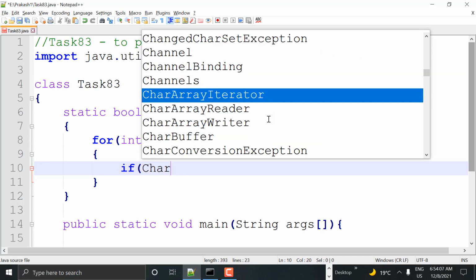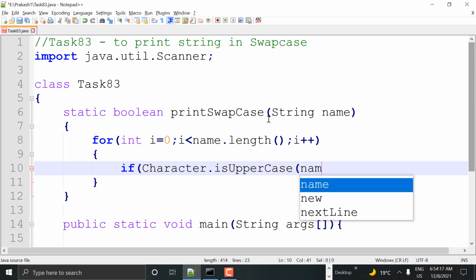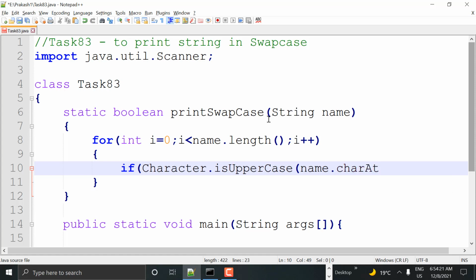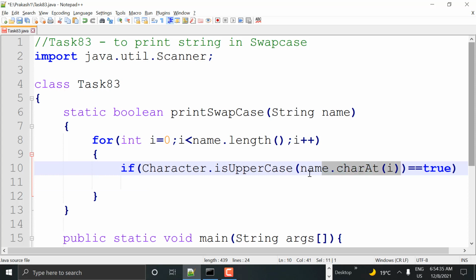Character.isUpperCase will tell us whether the given letter is uppercase or not. Which letter actually? name.charAt(i), double equal to true. Of course, double equal to true is optional. So name.charAt(i) means the 0th character, since i is 0 right now, and 0 is less than the length, so it will check whether it is uppercase or not.